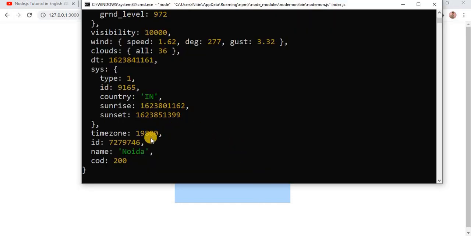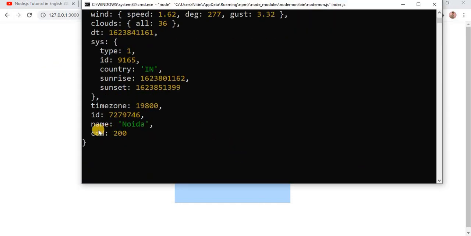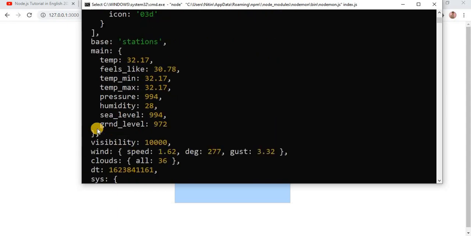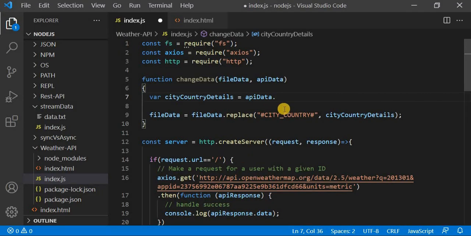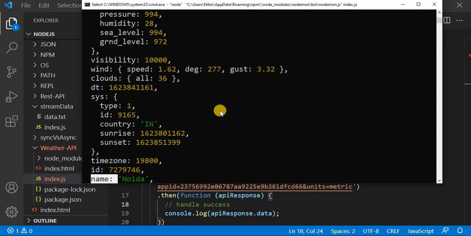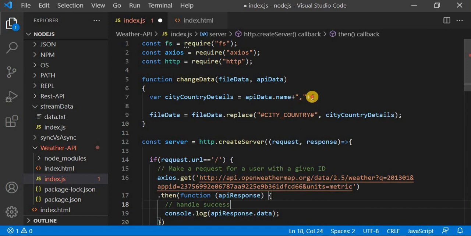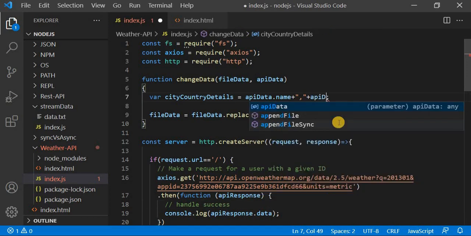Okay, so now guys, in the API you can see I'm getting the city in the name object. So I will just get the detail as API data dot name. This is basically the city, then I will concat the name of my country. So the country is sys dot country. So now guys, what I will do, I will use API data dot sys dot